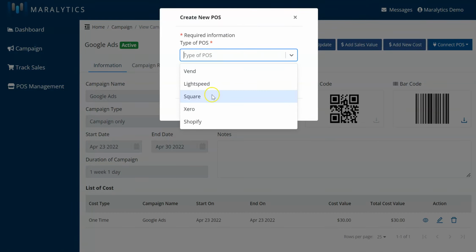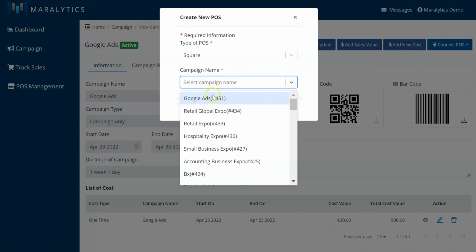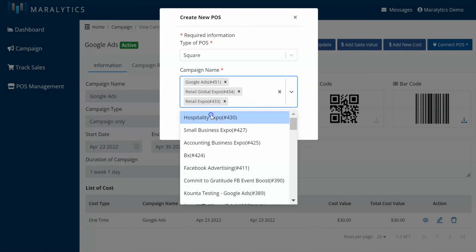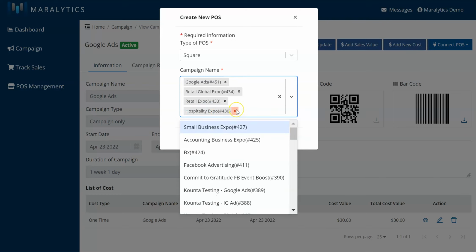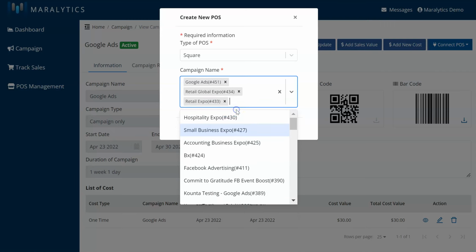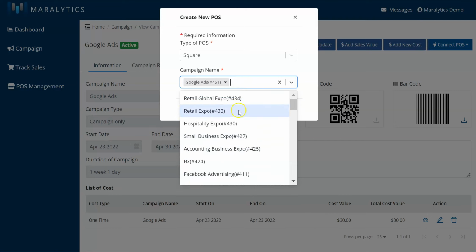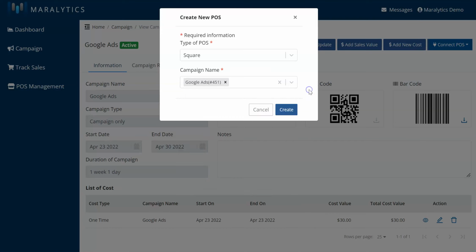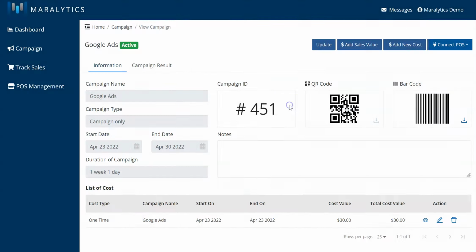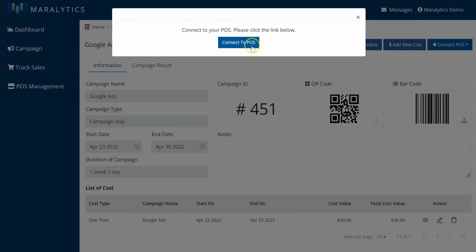In this case, we are using Square, and the campaign name is Google Ads in this case. You can also add multiple different campaigns under this. However, it is not applicable in this type of connection, and to remove them, just click the X. To get out of this dropbox section, click outside, then click on Create. And now we will need to connect our POS